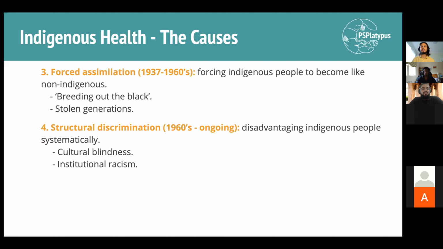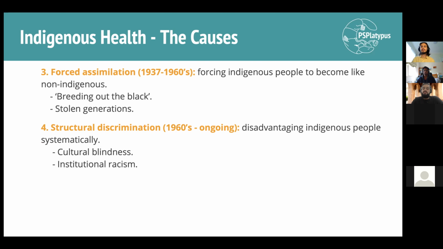Then we have the forced assimilation. In 1937, there was a conference for indigenous welfare, and the aim of this conference was to force indigenous people to become like non-indigenous, like Europeans. And then one of the strategies they made is called breeding out the black, or diluting the indigenous blood, which means